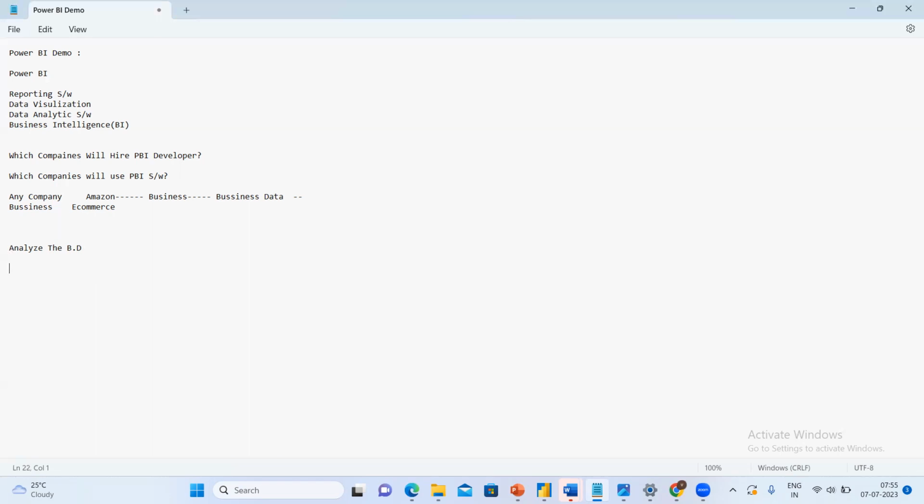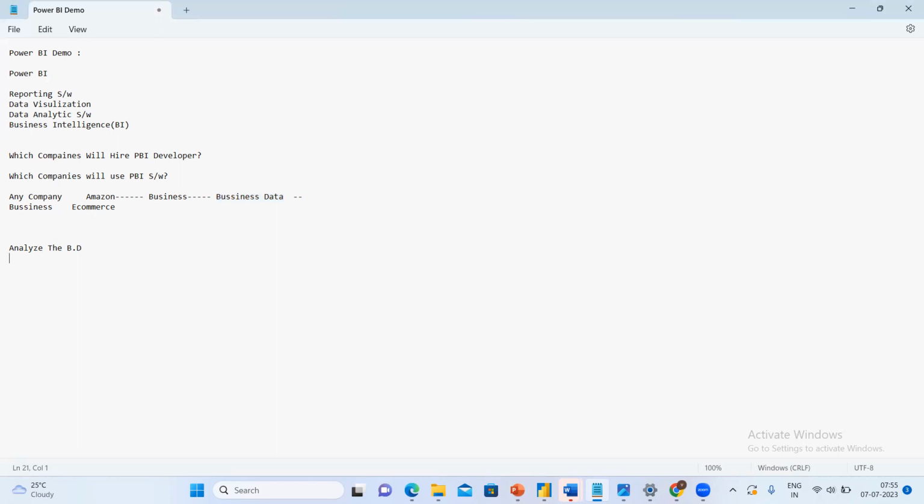But for all this analyzing, the first thing is that if I want to know last year's sales and this year's sales, I can do the calculation, but before that I need the business data. That's why the business data will be stored in Excel, SQL Server, databases, Snowflake, or cloud sources like Azure SQL, any source. Amazon can store it anywhere. That is their duty. Once they store it, you need to analyze, and analyzing can come from different angles.